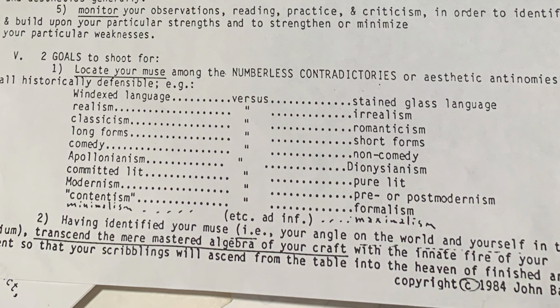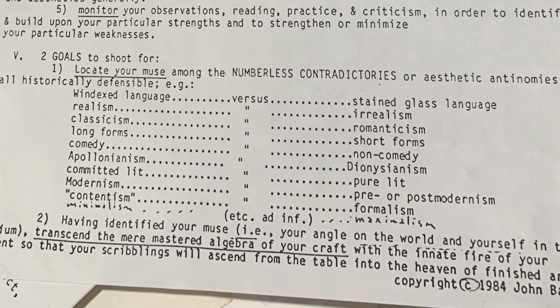Modernism versus pre- or postmodernism, a distinction that Barth was fond of underlining. He had a big part in trying to suggest that Pomo, postmodernism, was its own thing, and was especially fond, John Barth was, in his short story Lost in the Funhouse, of postmodernist fictions that called attention to themselves as fiction. We call that metafiction. It pokes the reader and says, hey, how's the reading going?